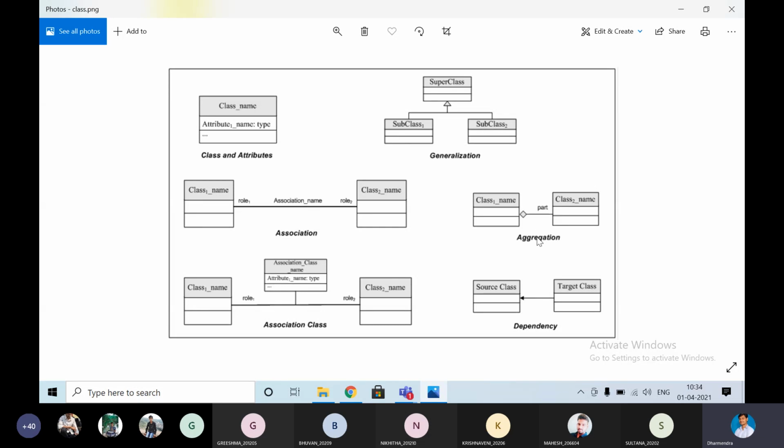Aggregation means this will be treated as a part of this class. For example, an organization. In the organization, we have branches, an accounts section, a library section. All are parts of the organization.